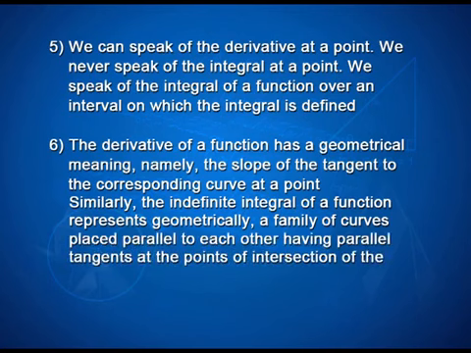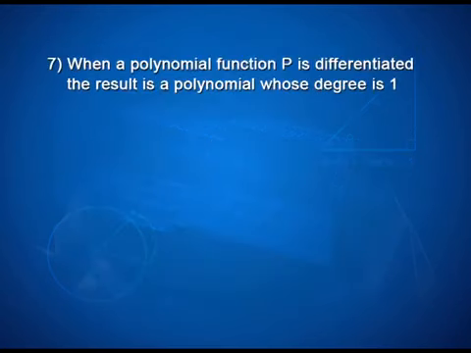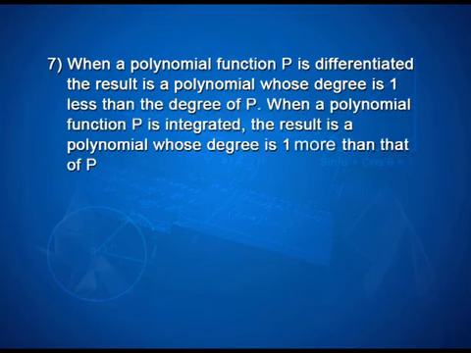having parallel tangents at the point of intersection of the curves of the family with the lines orthogonal, that is perpendicular, to the axis representing the variable of integration. Seventh, when a polynomial function p is differentiated, the result is a polynomial whose degree is 1 less than the degree of p. When a polynomial function p is integrated, the result is a polynomial whose degree is 1 more